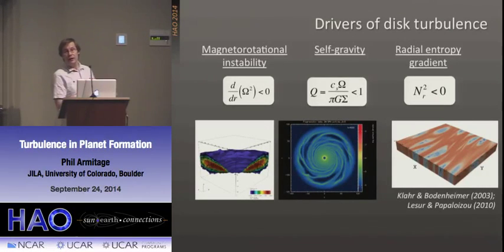Okay? So clearly in a Keplerian disk, the angular velocity is going as r to the minus 3/2, so it is a declining function. So if that protoplanetary disk is threaded by a weak vertical magnetic field, that will be linearly unstable to this magnetorotational instability. So I'm mostly going to be talking about turbulence that could be driven, initiated, if you like, by this linear process within the disk. But there are other things that could also produce turbulence, and that turbulence could be of